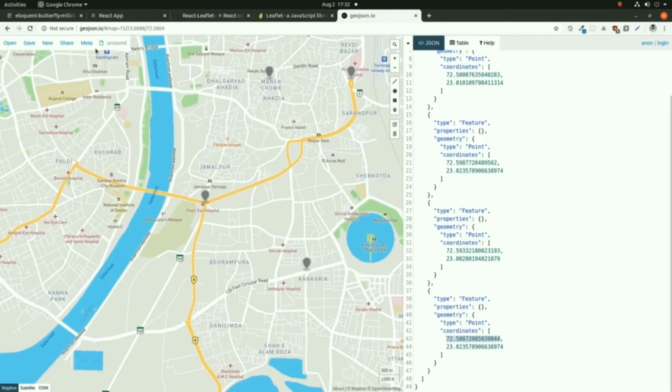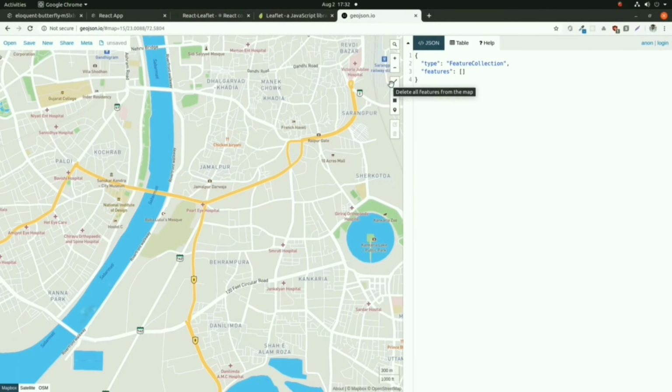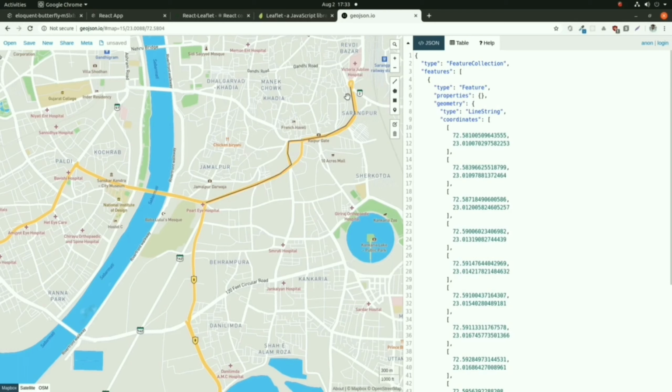Now to understand the GeoJSON element in leaflet, I will take the line inside the map that will show the roadmap like Google. So I will just draw the line between the two points, as you can see in the output from the geojson.io website. So I will just complete my line here.